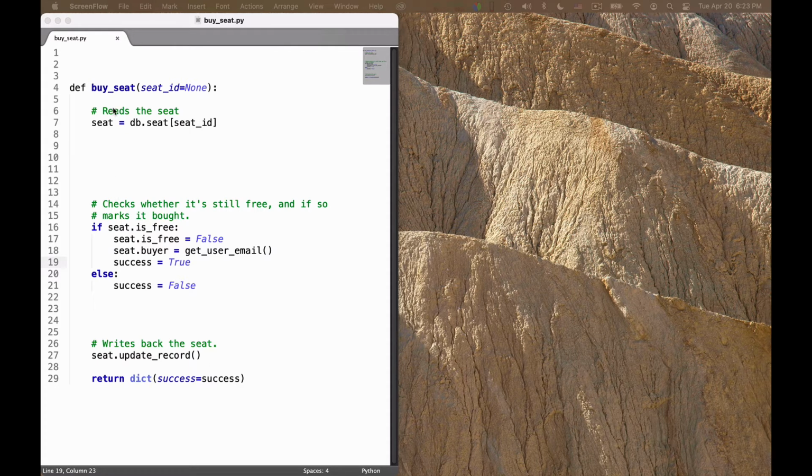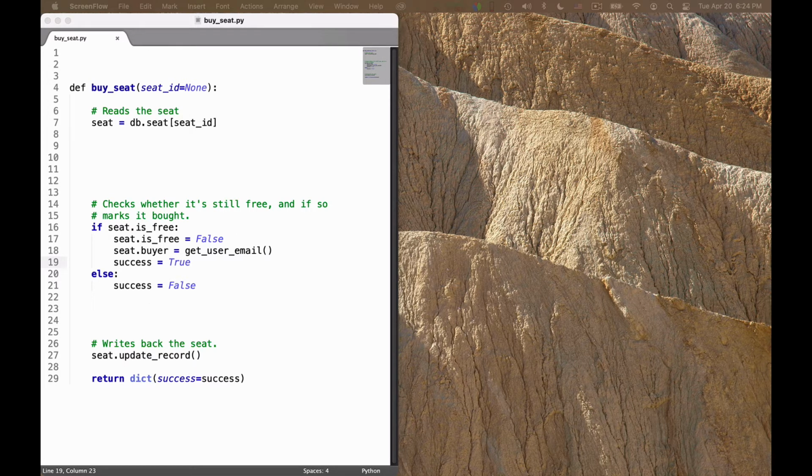The reason you need to check that the seat is free when processing the request is fairly simple. There could be multiple users looking at that flight, and a user can look at the seat map of the plane for a long time. So you cannot trust that the seat's free or busy status hasn't changed from when the user loaded the map of the aircraft to when the user actually chooses a seat and clicks. So when the user clicks, at that time you need to check whether the seat is free.